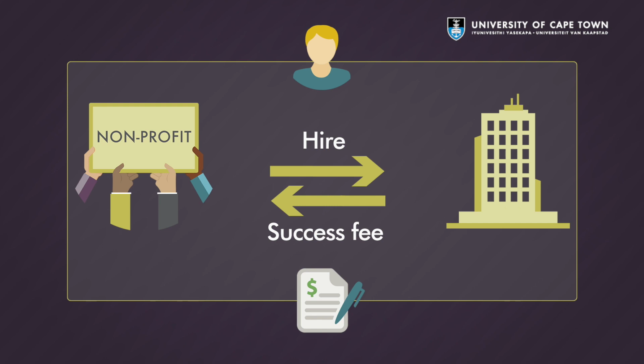For instance, if you are working with unemployed youth, you could have agreements with the employers to pay a success fee of some kind when they hire them, or when they've been working there for a certain amount of time. You could also look at how you could provide training to new employees that might be at risk within organizations. This type of training could be paid for by the employer and work towards your goal of keeping youth employed, as well as creating a revenue stream for your organization.